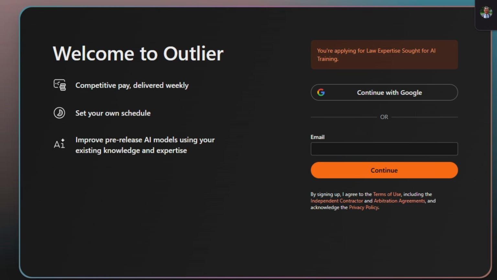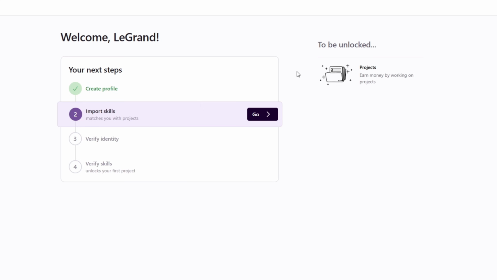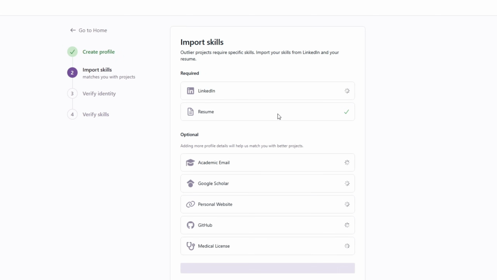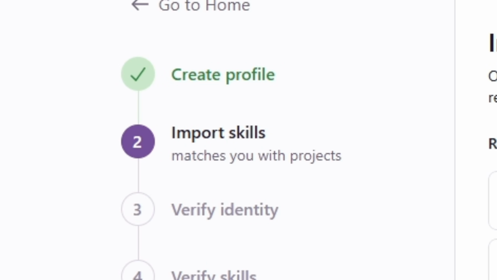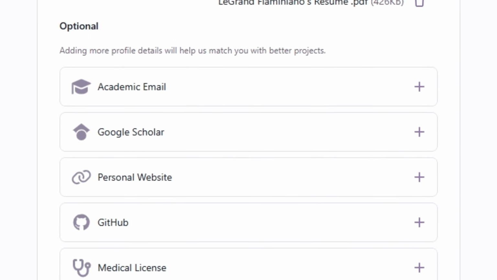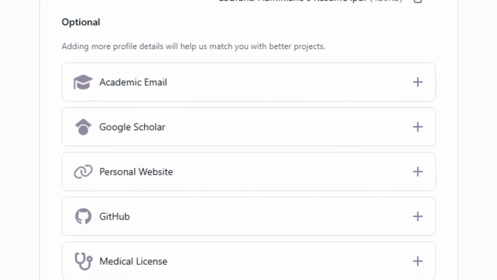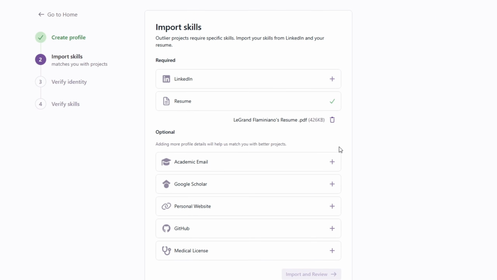It's very easy, just connect an email of yours and then verify it. Once you're done, it should redirect you to this page where you can take the steps that we talked about earlier. Creating your profile is very easy. It just asks for your name and asks you to verify your phone number. Here in import skills, it gets kind of complicated. As you can see, you're required to link your LinkedIn and upload your resume. And here at the bottom, where it says optional, you can upload details about your profile that help you match with better projects. Make sure it matches with your LinkedIn and resume because they run an auto evaluation to check